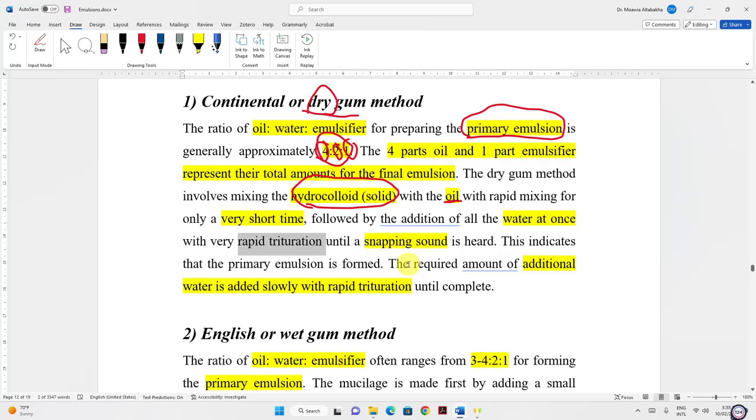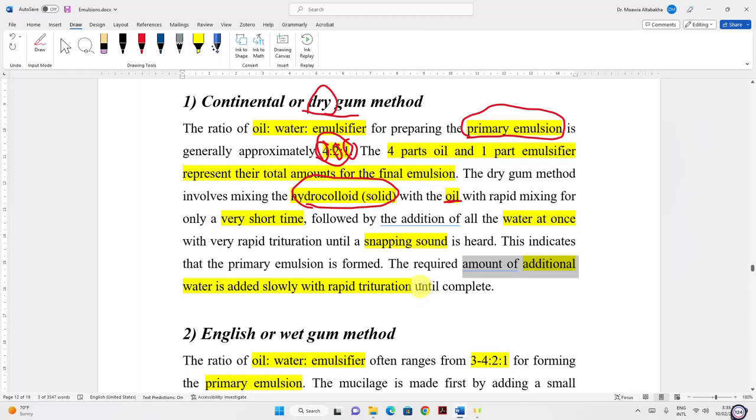That sound when you are triturating indicates that the primary emulsion is formed, and this is something nice because after that you can add the additional amount of water slowly while triturating until all of the water is added and your oil in water